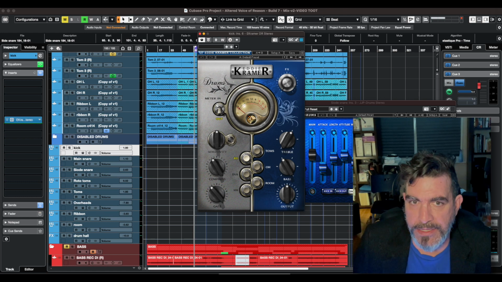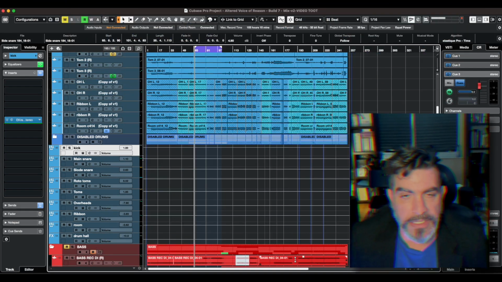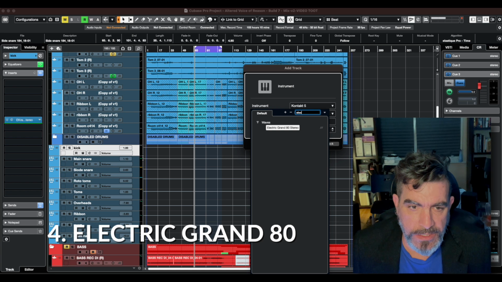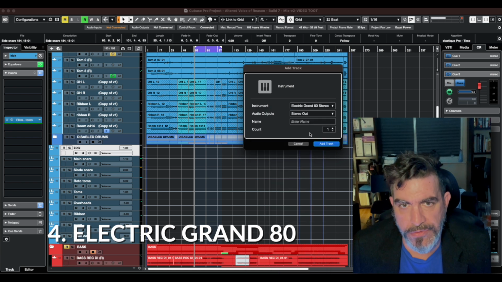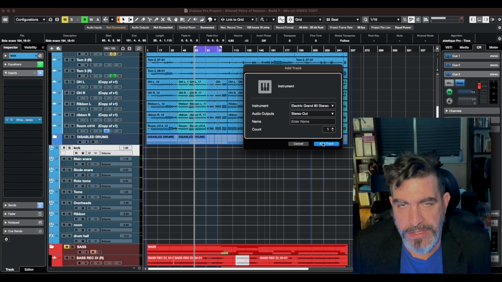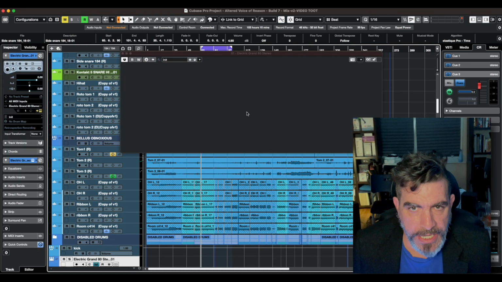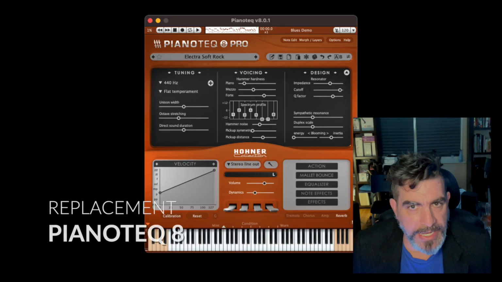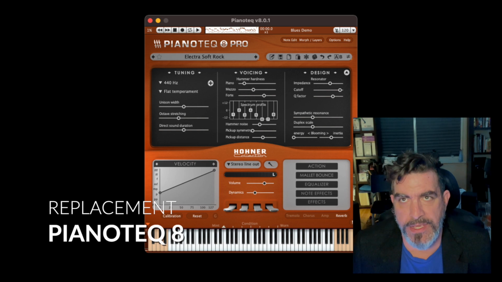But yeah, these Waves all-in-one plugs, Signature Series, are very hard to replace because we don't even know what they're doing half the time. The electric Grand 80 piano, a CP80 model piano, used by Phil Collins, Peter Gabriel, that kind of stuff from the 80s. It was an okay plug-in, but by far the superior sound I'm getting is from the Pianotech 8 plug-in, which is a fantastic